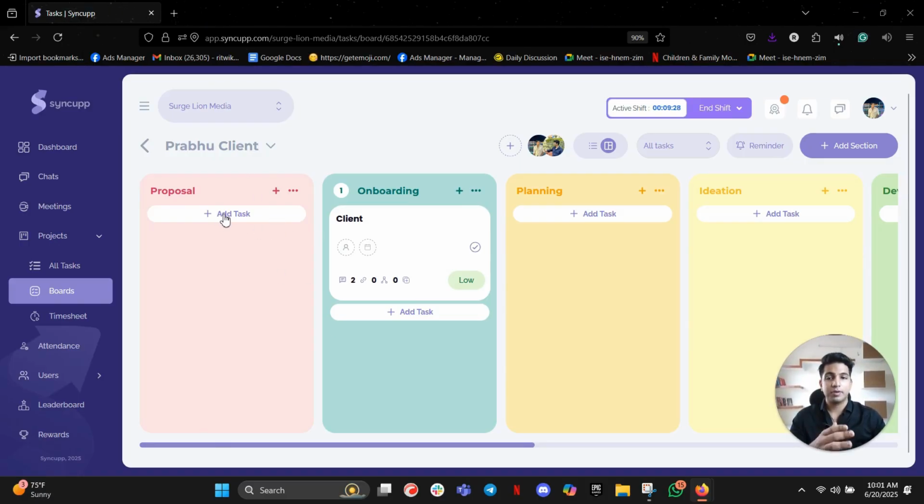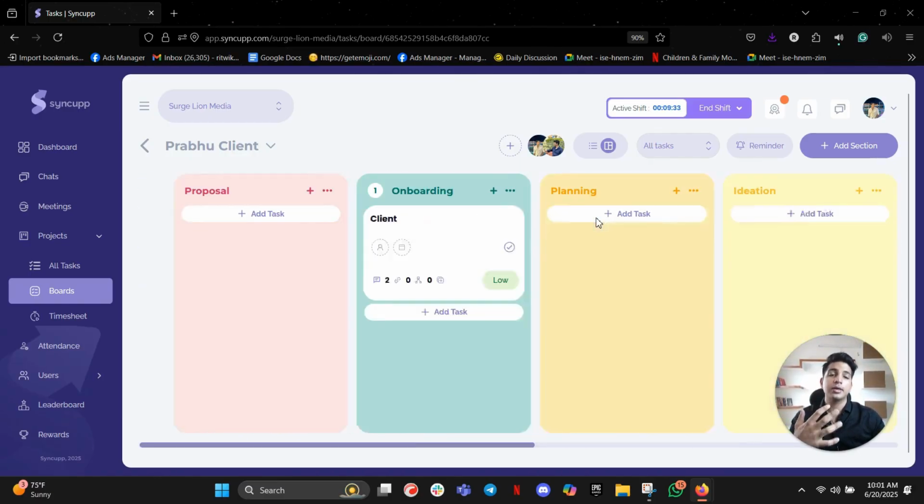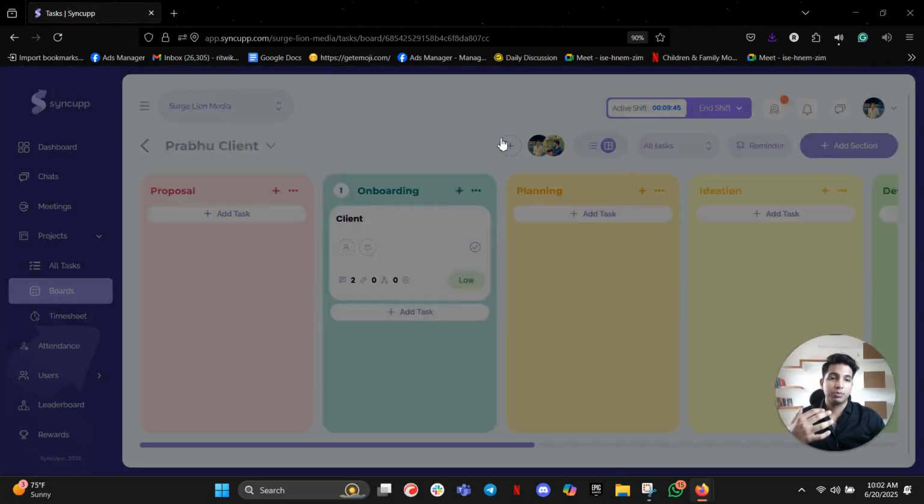This is a specific template that we have created: proposal, onboarding, planning, ideation, develop, execute, right? So this seems to be like more of a sales template, but you can personalize every single thing. If you double tap on this, you can rename this, you can move this board around if you wanted to, you can navigate between different boards from here, you can add and remove team members using this plus button,